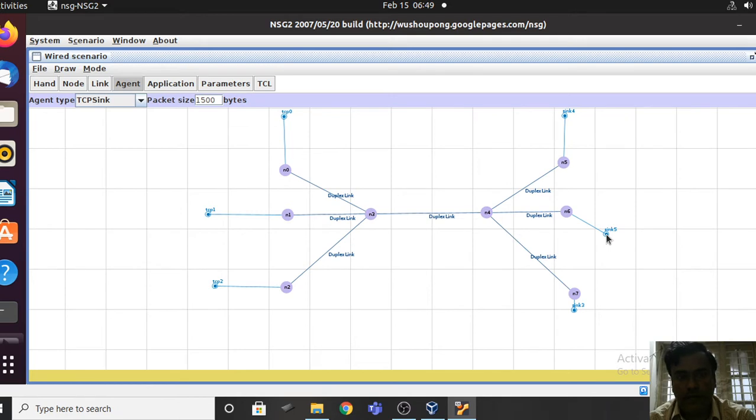And after adding these agent types, it is our duty to establish a link between the source agents and receiving agents. We wanted to transfer data from N0 to N7. Therefore, you have to establish a link between the agents that are connected to these nodes.